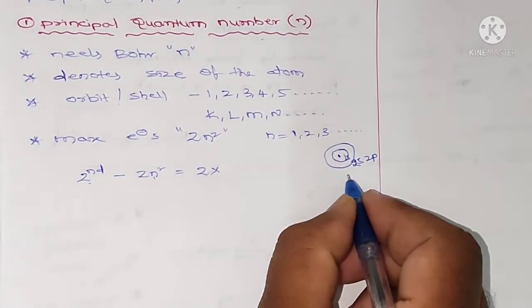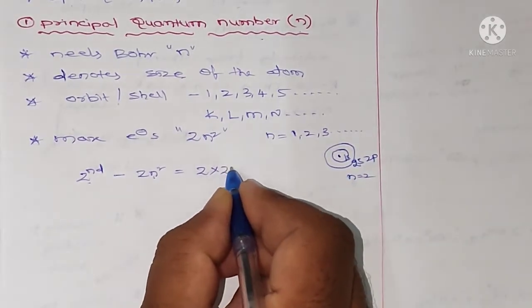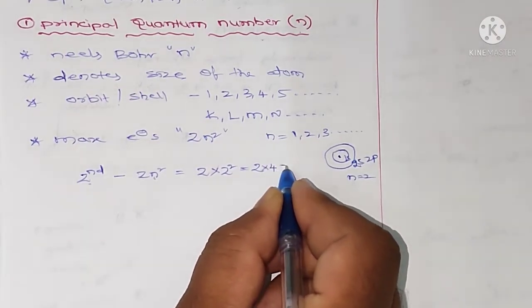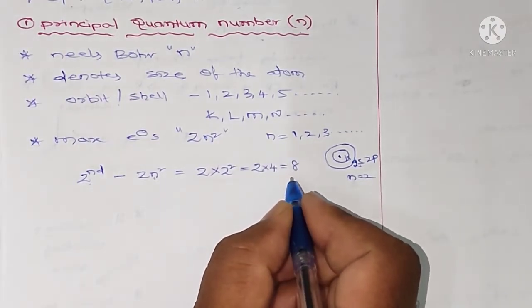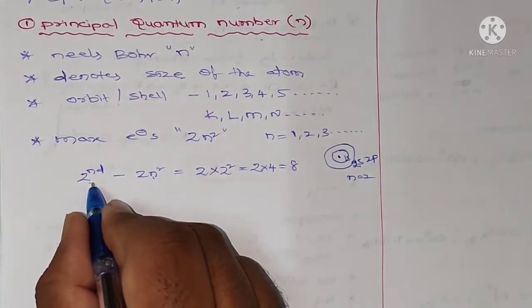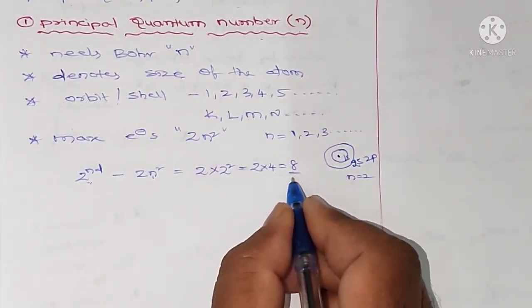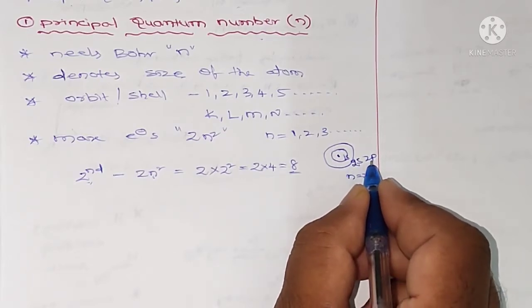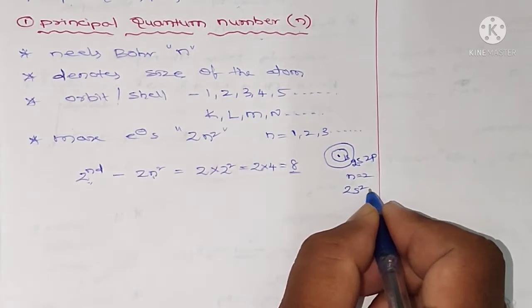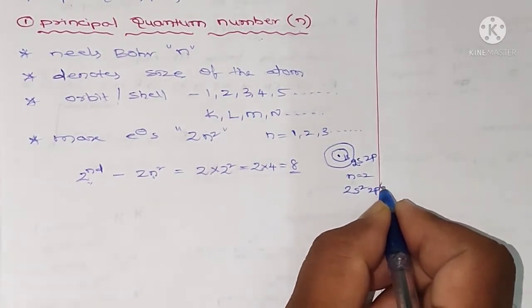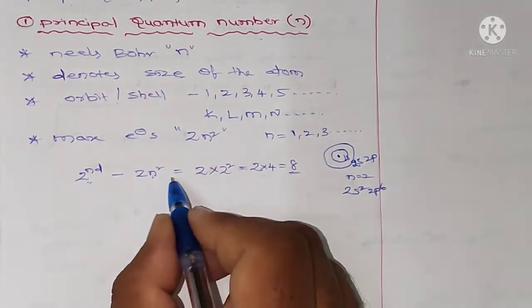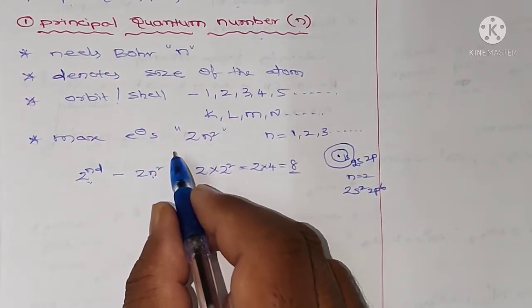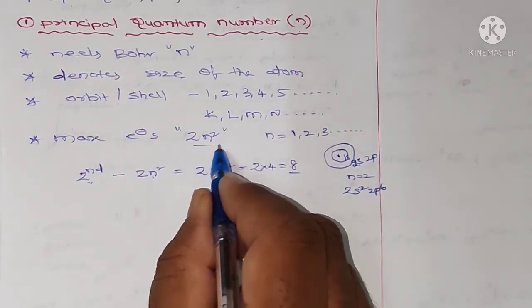So n is equal to 2. Here 2 square is equal to 2 into 4, which is 8. So the maximum number of electrons present in the second shell is 8. Here 2 electrons in 2s and 6 electrons in 2p: 2s2, 2p6, 2 plus 6, 8 electrons. So the maximum number of electrons present in any shell or orbit is given by 2n square,